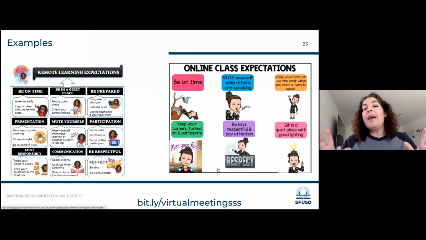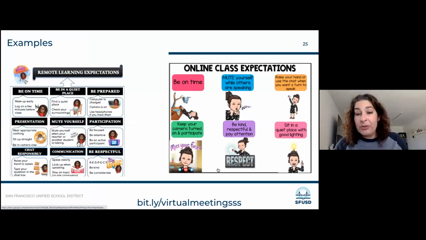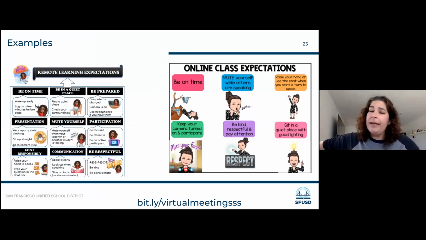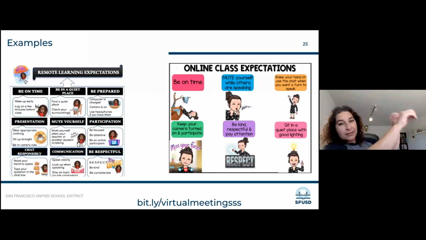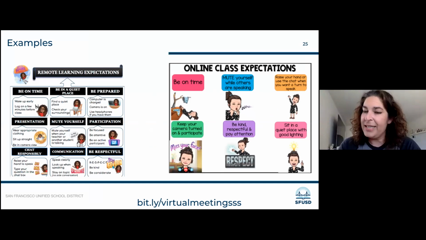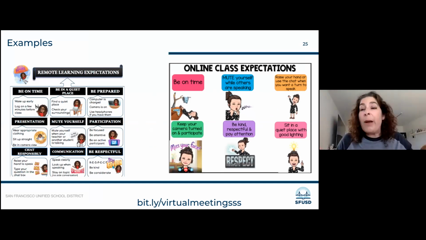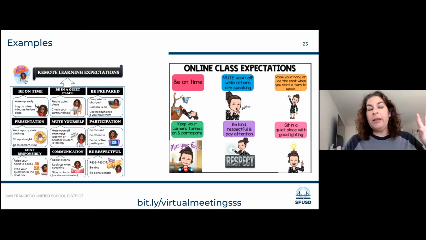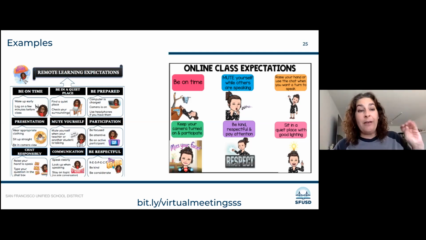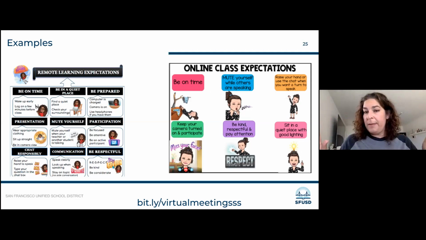Okay, I have some examples, and yes, I have jumped on the Bitmoji wagon, and I am riding it really nice and strong. You will see this in my digital agency classrooms, and you do not need to jump on the Bitmoji wagon with me. However, I have some examples, and this is going to be our first place we're going to use that toolkit, okay? So we will put that little toolkit link right back into the chat for you, just in case you haven't opened it up yet.